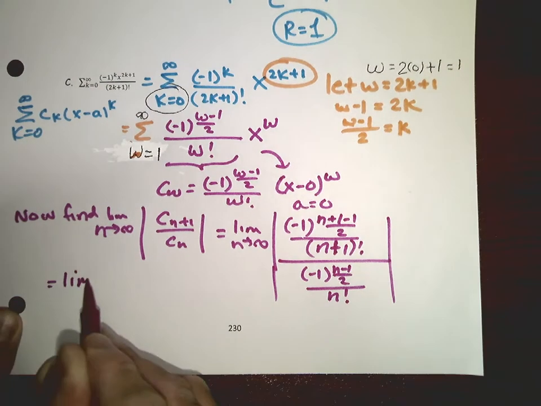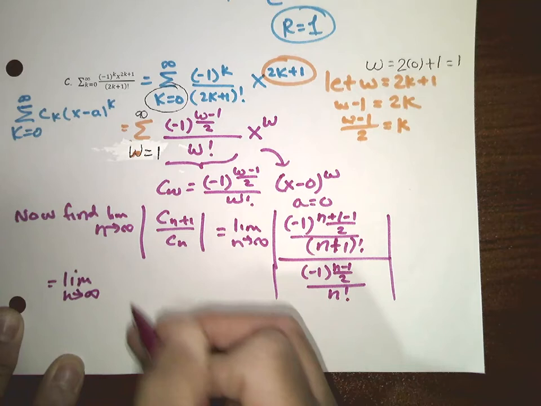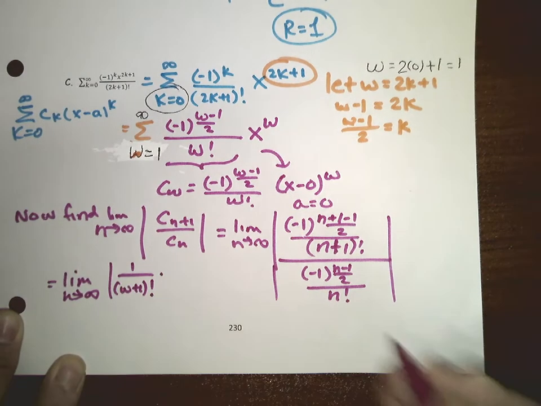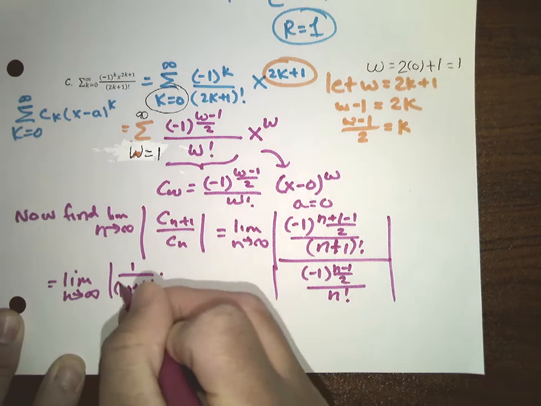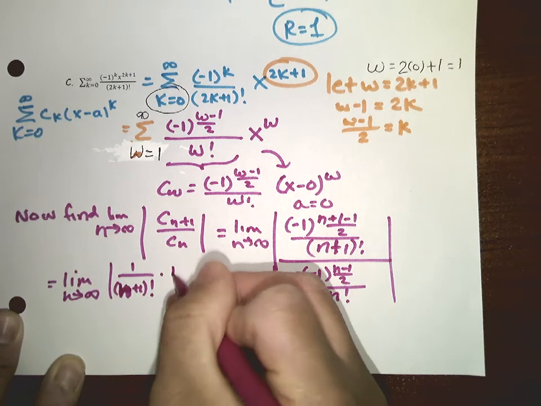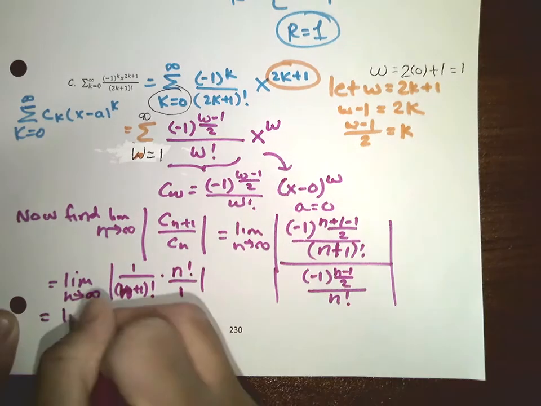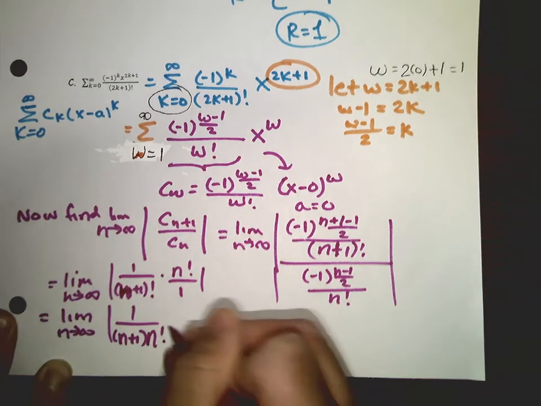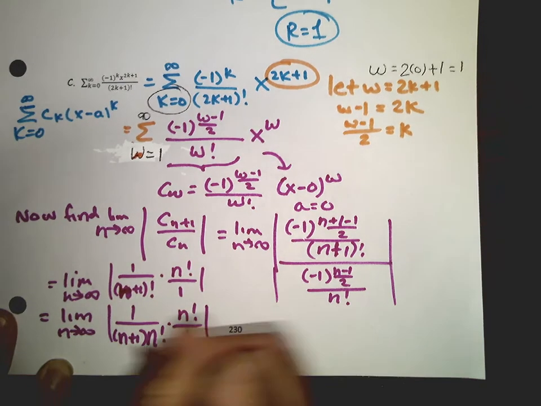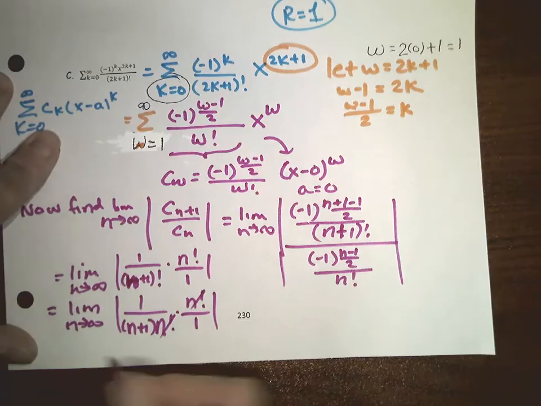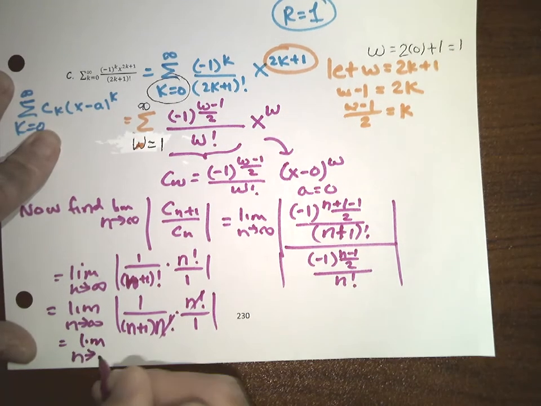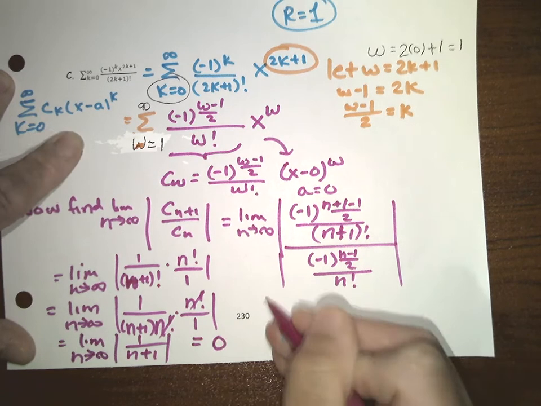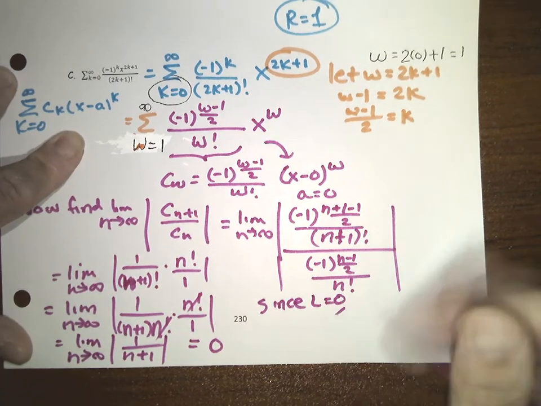So it's the limit as n goes to infinity of 1 over n plus 1 factorial times the reciprocal of the denominator, n factorial over 1. So this is the limit of 1 over n plus 1 times n factorial over 1. The n factorials divide out, so it's the limit as n goes to infinity of 1 over n plus 1,